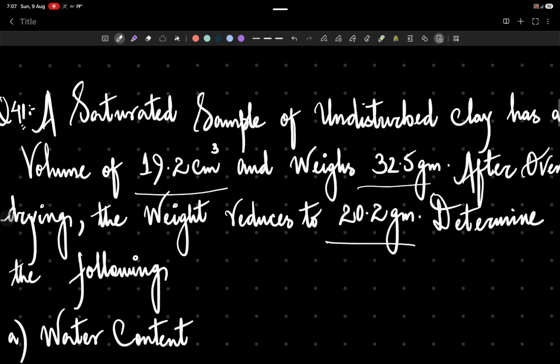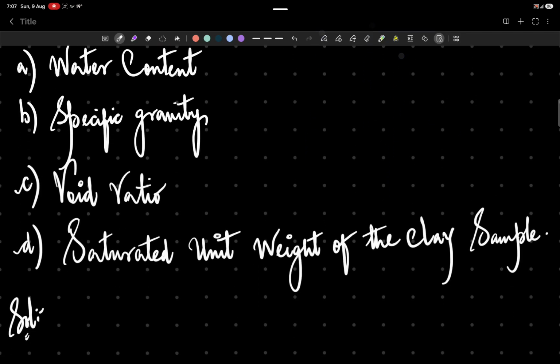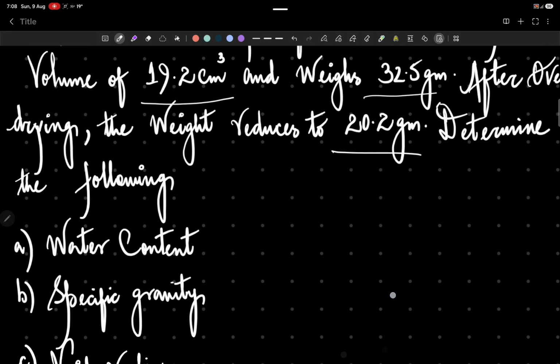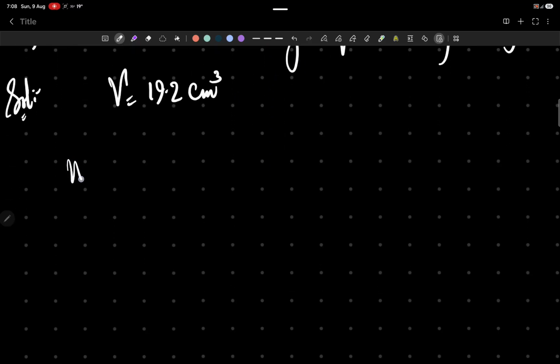So the question says a saturated sample of undisturbed clay has a volume of 19.2 cm³, and the mass before oven drying and after oven drying is this and this much. So the first thing that we'll calculate is the water content. So the water content will become